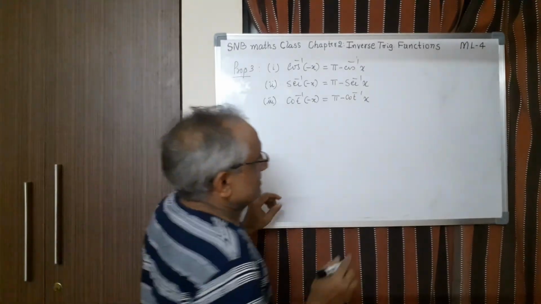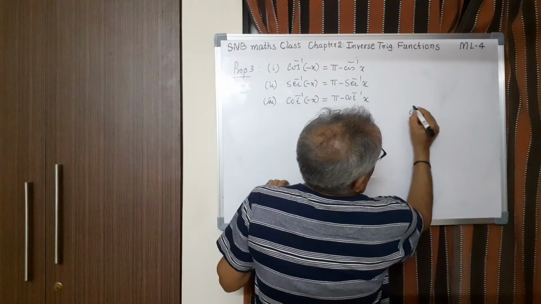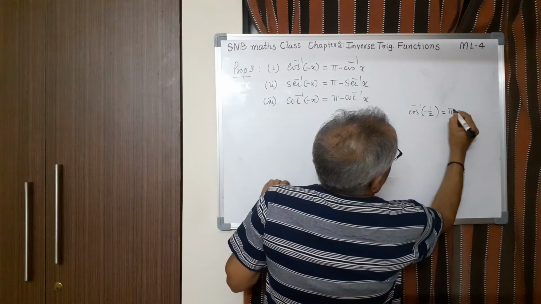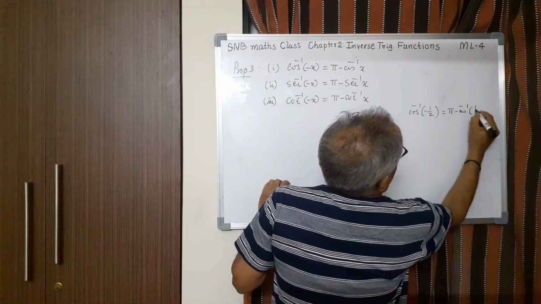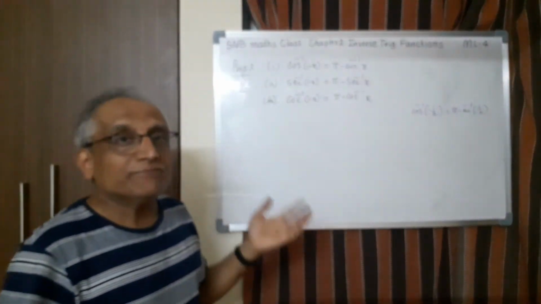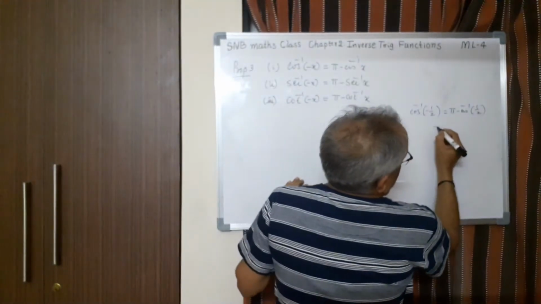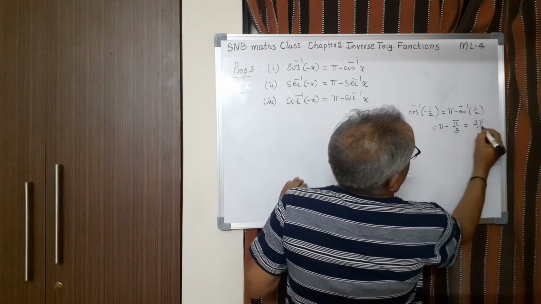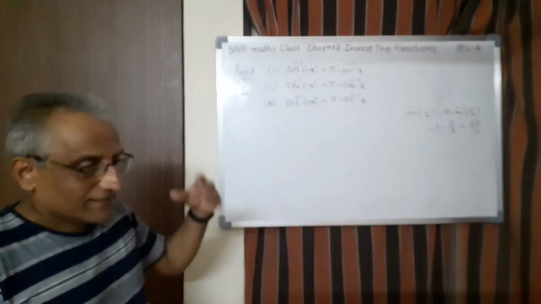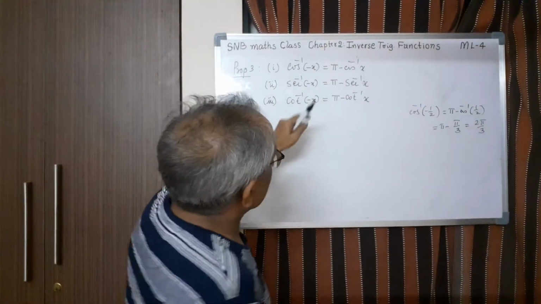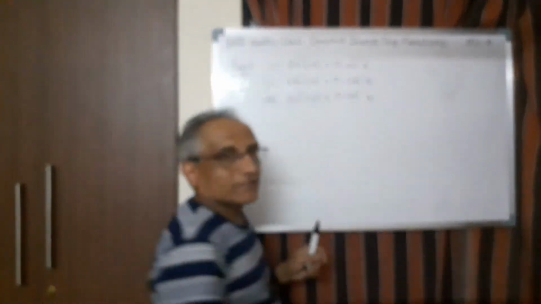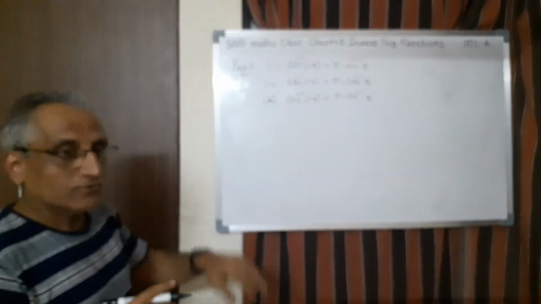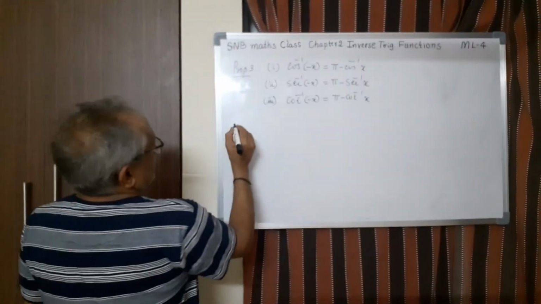That is why you see, for example, when you take cos inverse of say minus half, what we have to do is pi minus cos inverse half. So you need not worry about the principal value now. So this is pi minus pi by 3, which is 2 pi by 3. So once you know the property, any principal value you can do by using this formula, whether it is plus or minus. Now here also let us prove one of them. Remaining two you can try similarly. So let us take the first one.